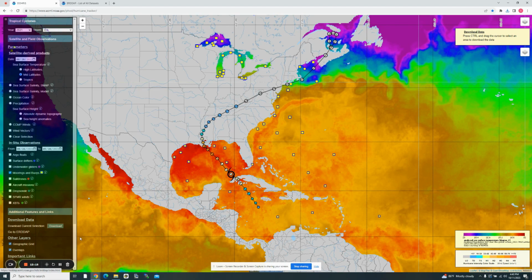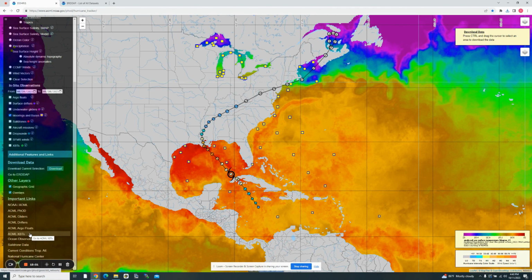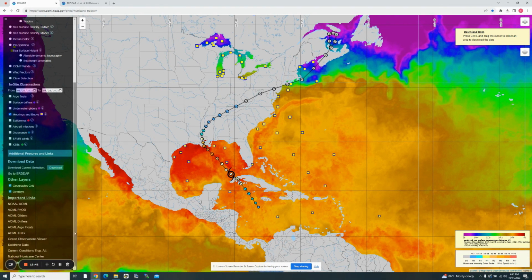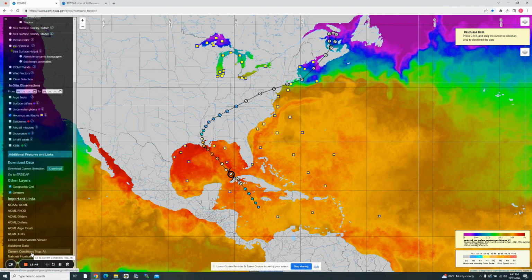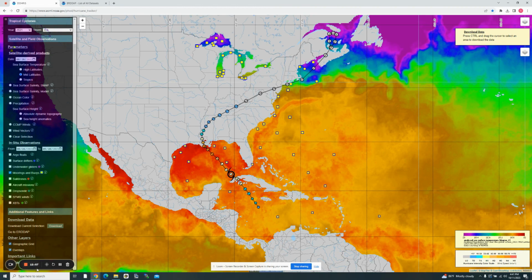You have the section with important links. Those links will provide you with more information related to the data you can visualize in the map. In this case, for example, we included the links to the gliders project, the link to the drifter webpage, to the Argo float webpage, to the Seldrum data. We also have a link there to the ocean viewer. And at the end, you can find the contact information link